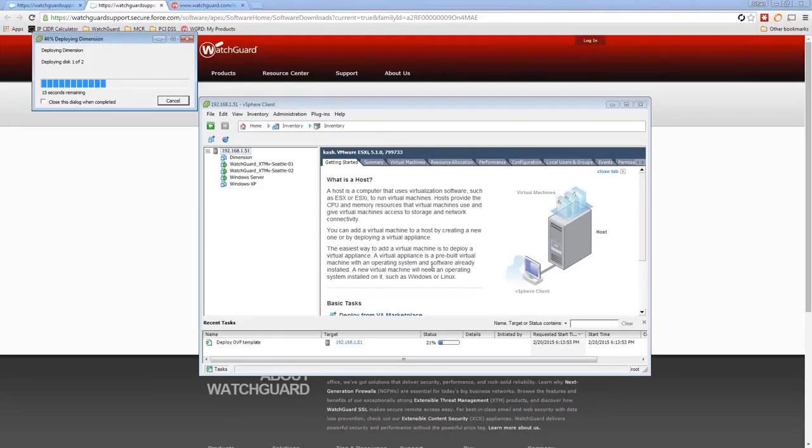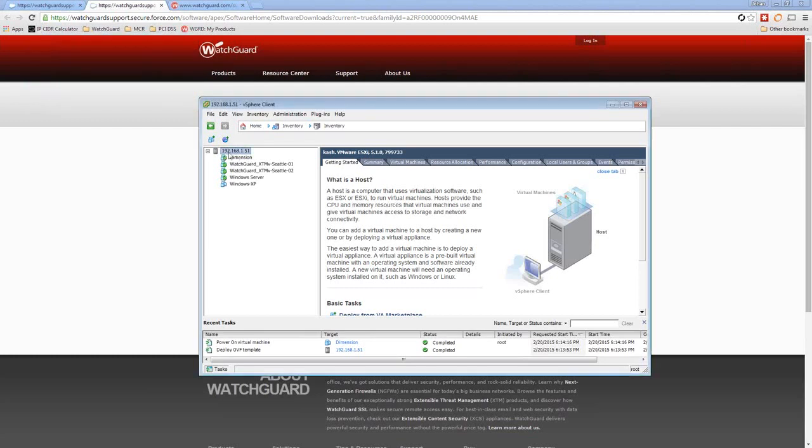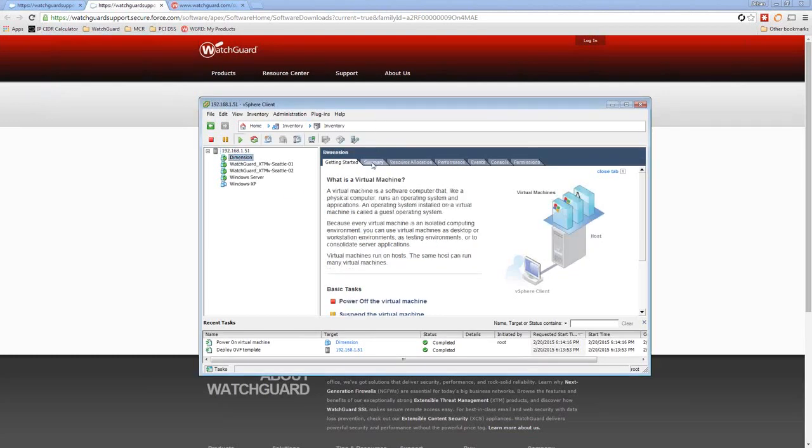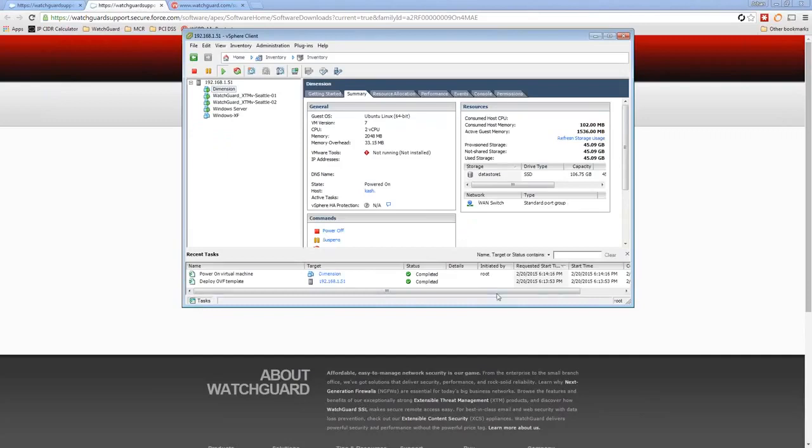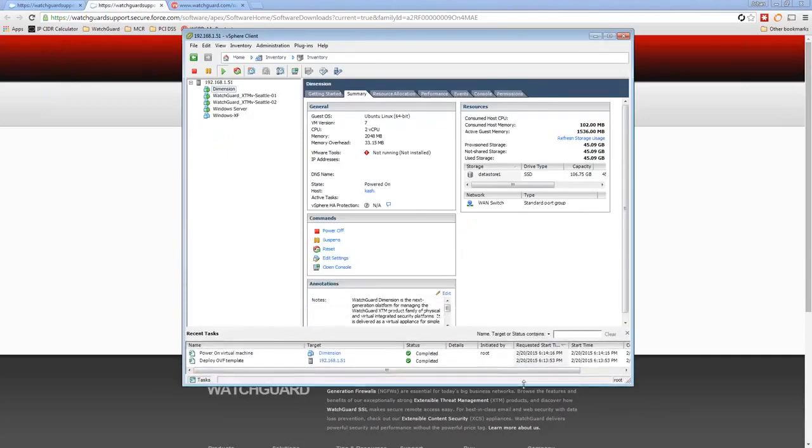So the next step from here is going to be to get the IP address of Dimension. Now with VMware, it's actually quite a bit easier because we can see that right on the appliance screen that I'll show you in a few seconds here. So as we look at this appliance that we just deployed, we're going to see the IP address come in. Right there we go. That's the IP address that we're going to want to connect to from a browser to start the